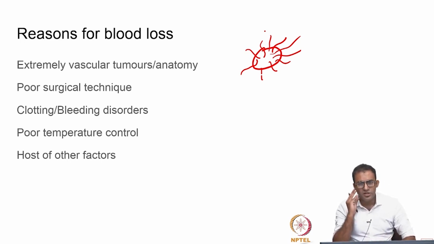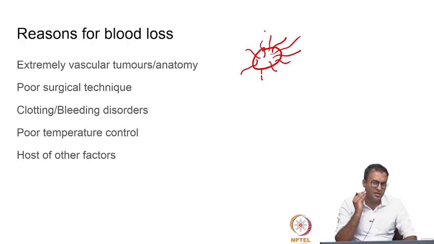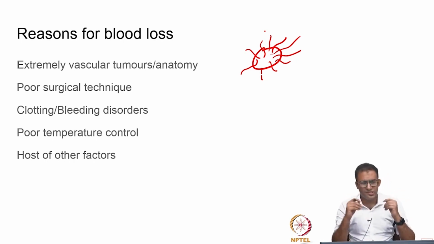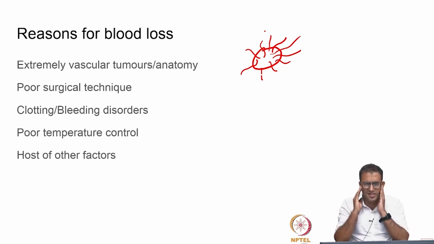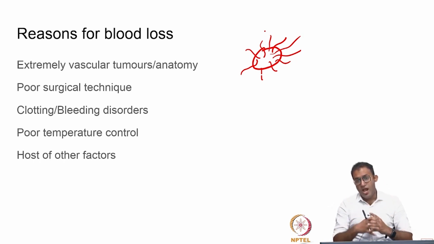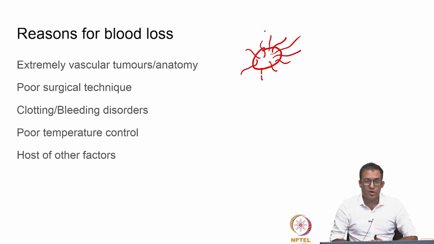If you operate on the face, especially if you are doing a tumor in the parotid region, the cheek region, there is a gland called the parotid, which is prone to tumors or abscesses. This area is supplied by a lot of blood vessels. So if you are operating on these particular areas, you are prone to encounter a lot of blood vessels. And if you're operating, say, doing a tracheoesophageal fistula,